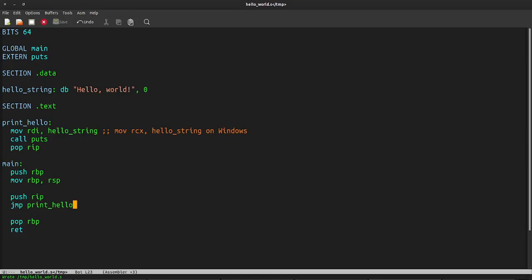Since we can't directly modify the instruction pointer, the architecture provides us with specialized instructions to do exactly what we want in this case. To push the instruction pointer onto the stack and do an unconditional jump, we use the call instruction. And to pop off the stack and back into the instruction pointer, we use the evocative ret instruction, short for return. This will work, but it won't be very useful once we need to start doing more sophisticated